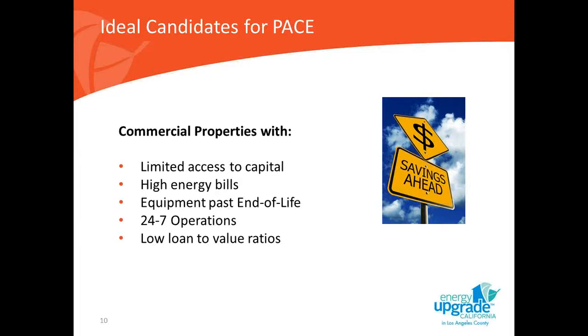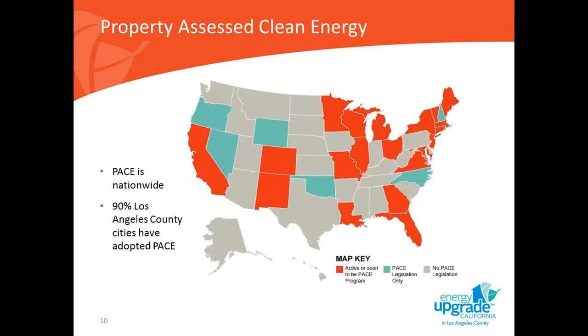So in terms of ideal candidates, properties that are owned free and clear with low or no mortgage on them are certainly easier, but that doesn't mean that properties that do have mortgages on them are off the table. It's by no means the case, and banks are free to participate and actually directly purchase the bonds themselves, which is a unique feature of the LA open market model, which is also the same model that's being employed in San Francisco, California First, which is the statewide PACE program, which encompasses 141 cities and counties, including San Diego and Ventura, and quite a few up and down the state, and programs in Connecticut and elsewhere around the country as well. So banks have an opportunity here to proactively participate.